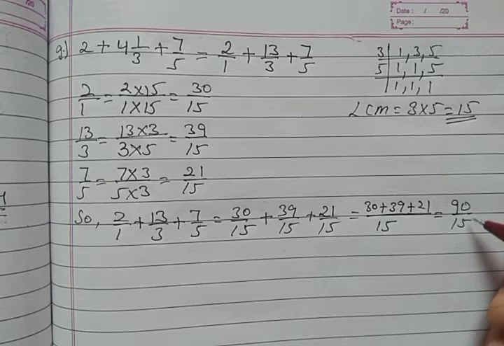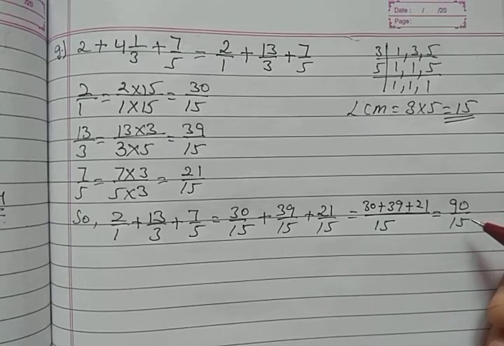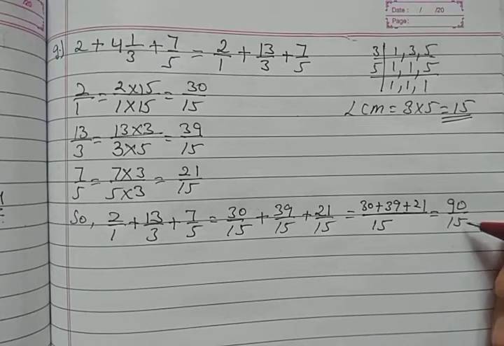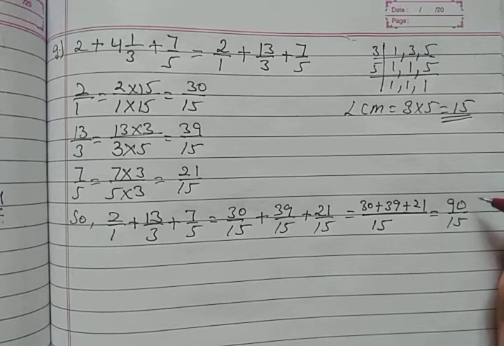Now 90 upon 15 is not in the lowest term. So we have to convert this into the lowest term, and we know that 90 comes in the table of 15. So recite the table of 15 till 90, or we can do it another way also, क्योंकि last में 0 and 5 है तो दोनों 5 के table में भी आते हैं. आप छोटे नंबर से भी करते हैं, but in that case आपको बार बार इसको lowest term में convert करना पड़ेगा, बार बार divide करना पड़ेगा. If you take the HCF तो आपको 1 step में ही ये हो जाता है.